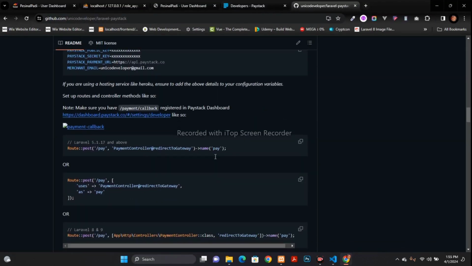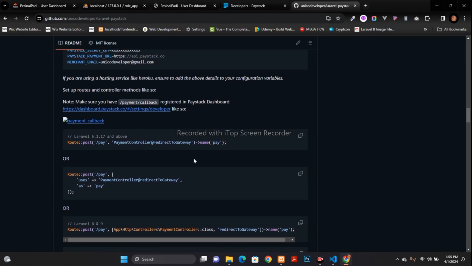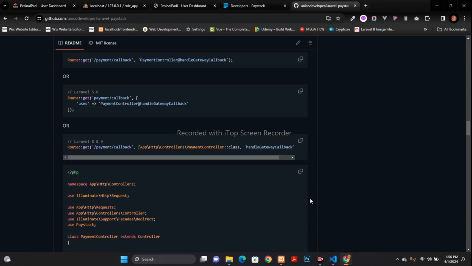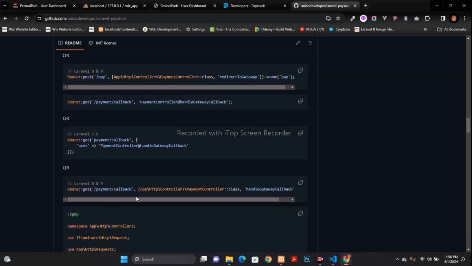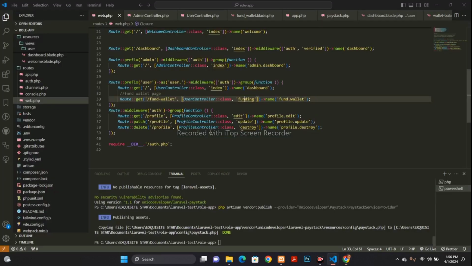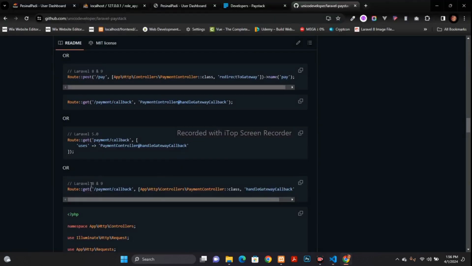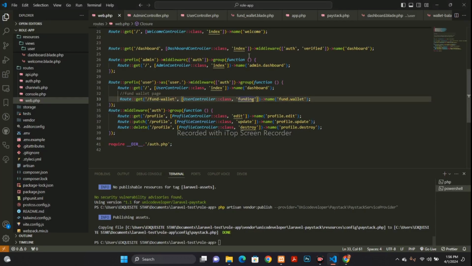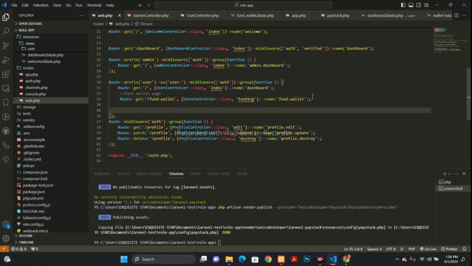So having done that, we'll move to the controller. We're going to be using this particular route for our web.php. So copy this. Observe it is for Laravel 8 and 9 and above, so you can use it for Laravel 10 and 11. So if we come here and paste this here,